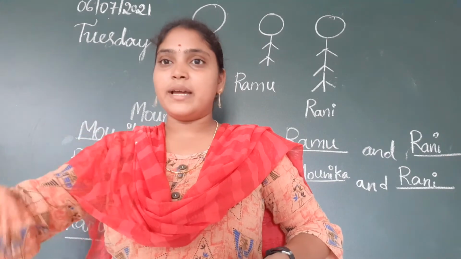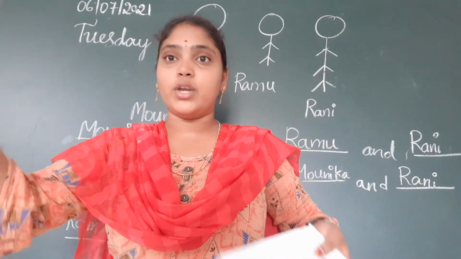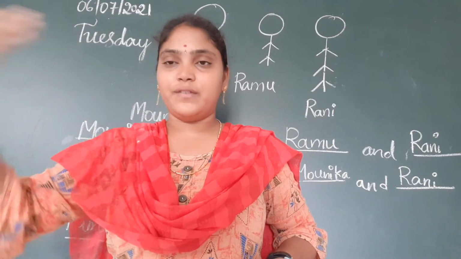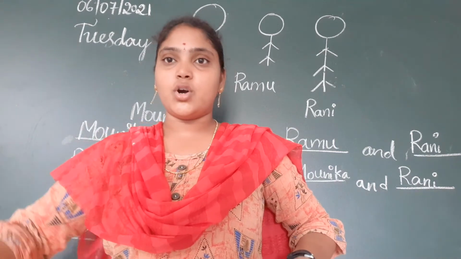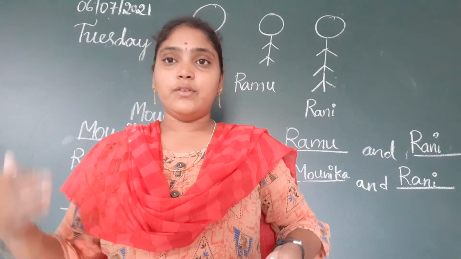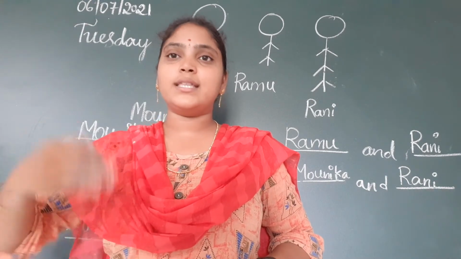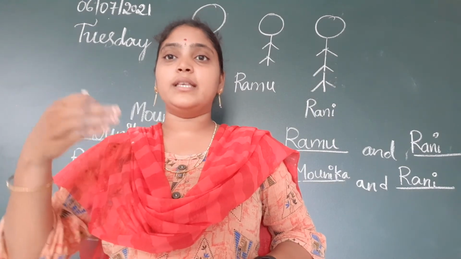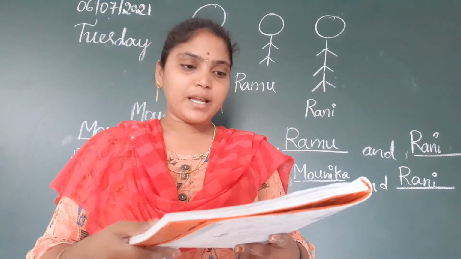Yes, if the taller person stands first, the shorter person cannot see what is going on. Am I correct, children? If the taller person stands first, the shorter person will stand next. If they stand like this, the shorter person cannot see. So that's why the shorter person will stand first and the taller person will stand after, which means the students stand according to their heights. Yes children.